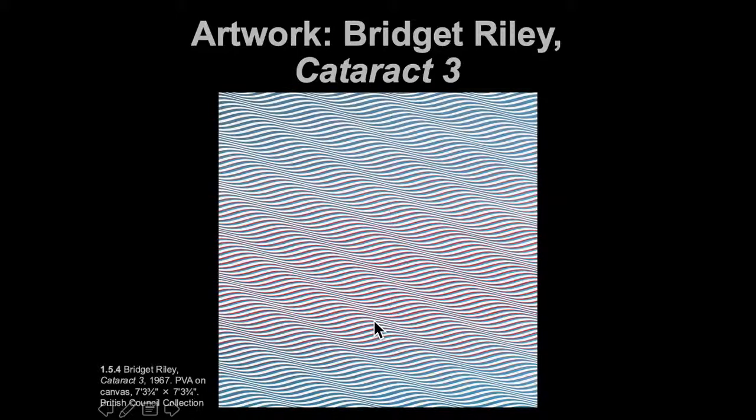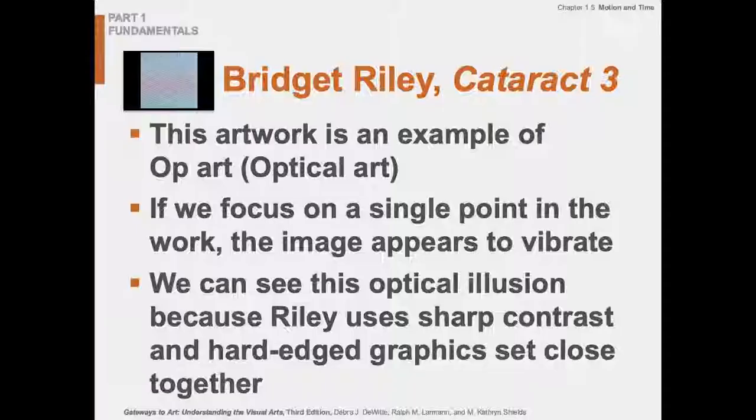So this is called Cataract 3, and it looks like there's waves, and if you stare at it long enough, your eyes want to create that movement, and it seems like it's vibrating, but it is not. This is a physiological movement of the human eye, and we see it because of the sharp contrast and the hard edge graphics. So that's op art, and no accident that it became popular during the height of hallucinogenic